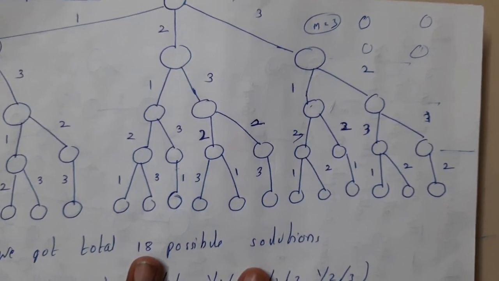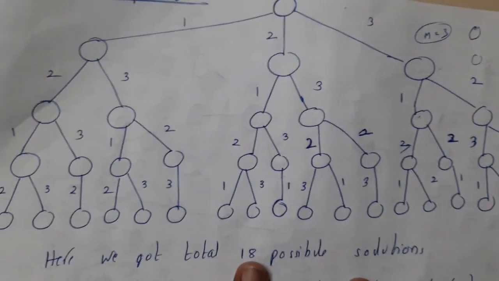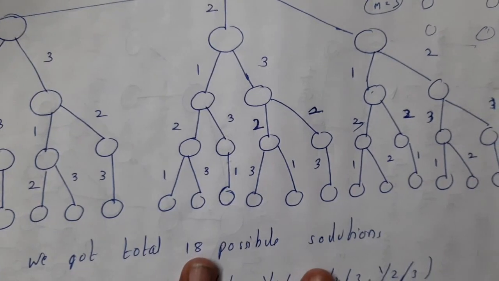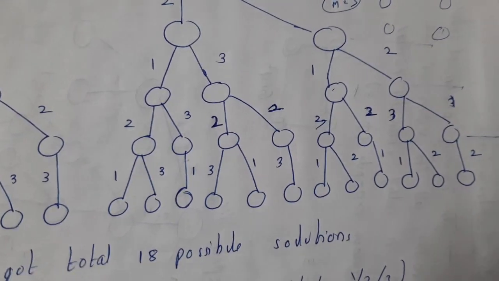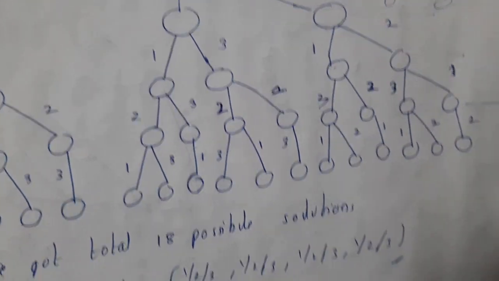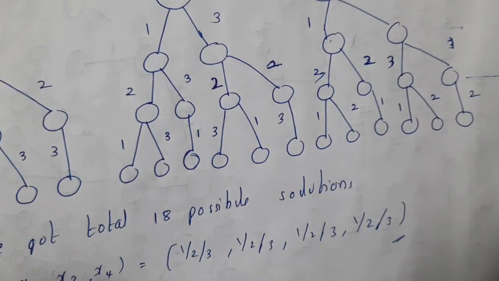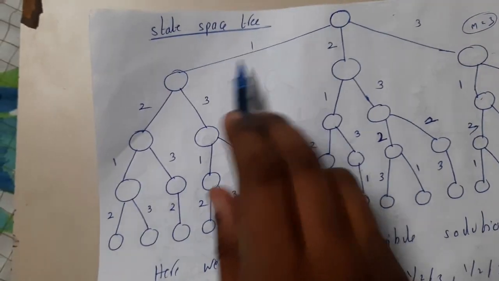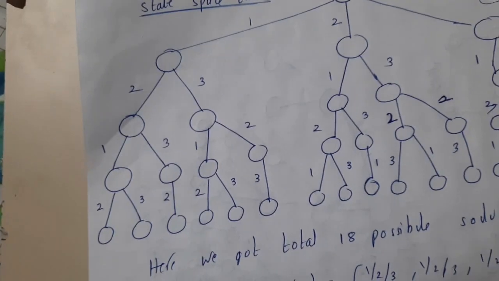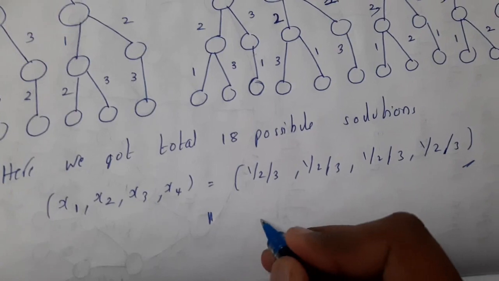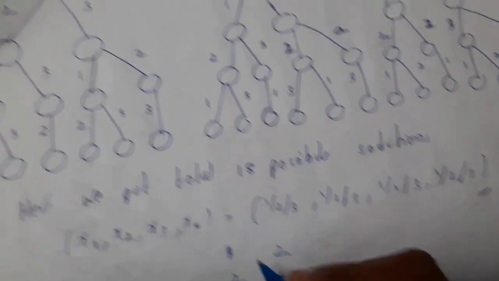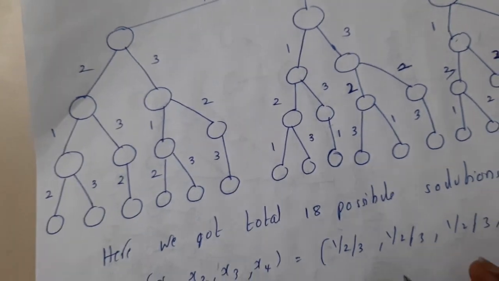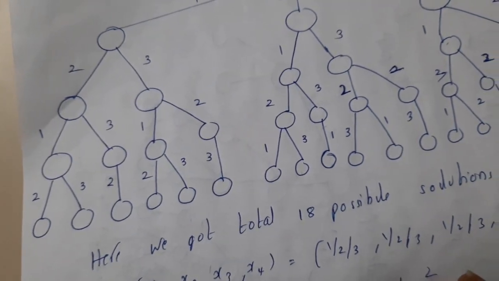So in this way, if you draw a state space tree, it will be in this way, guys, for all possible combinations. But there are some collisions or some kind of conditions which you should avoid. I think in this problem there are some conditions that I did forget to cancel out. So basically the first path, I'll just write the first path, guys. So the first path is 1 2 1 2, that is nothing but 1 2 1 and 2. There is no issue in it. 1 2 1 3, no issue in it.